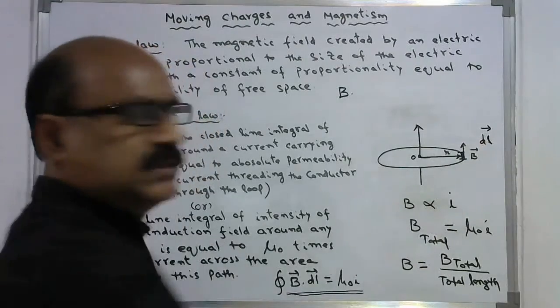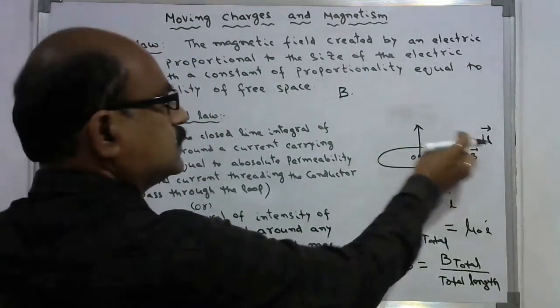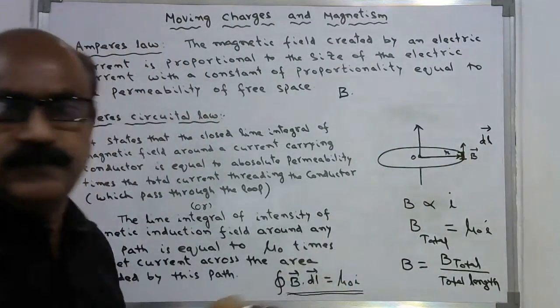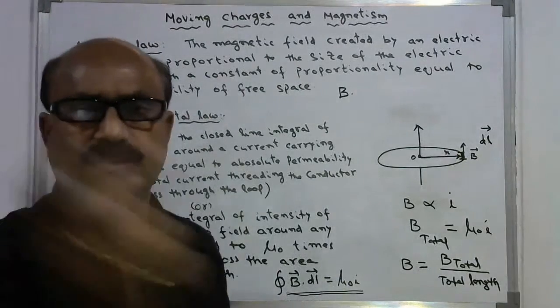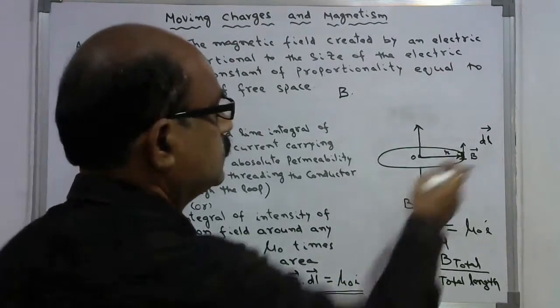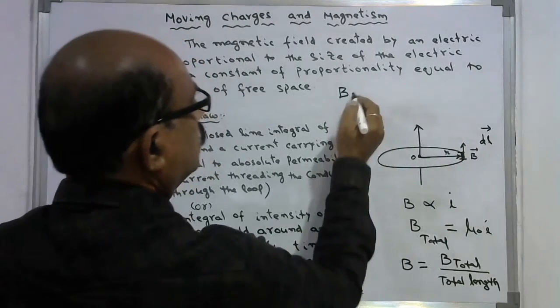Very small elements, small dls, form a circle of a certain circumference. So the total length